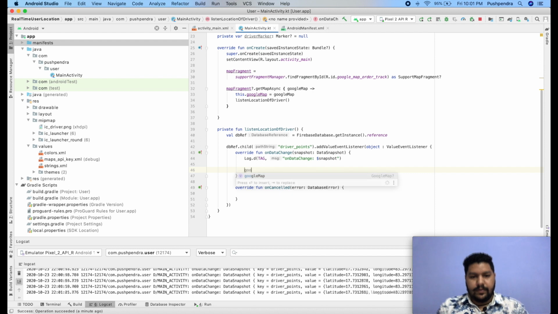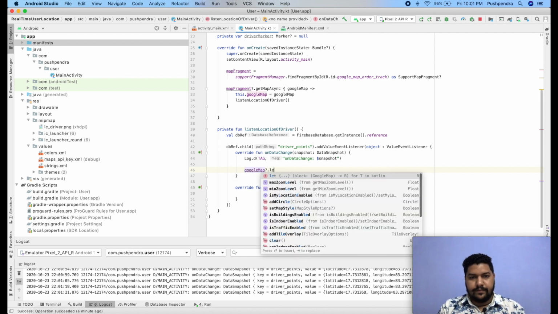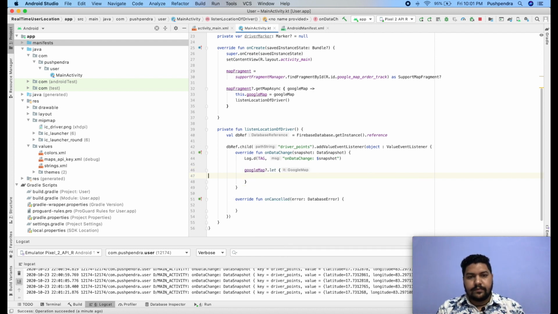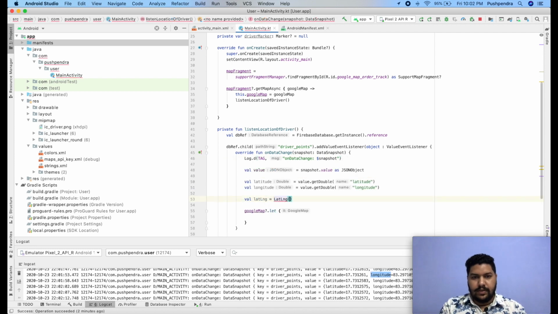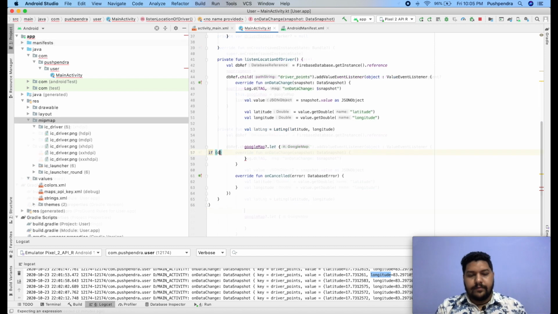So googleMap, inside that LatLng, here latitude comma longitude. So this is my driver marker. First of all I will check driverMarker double equals null.